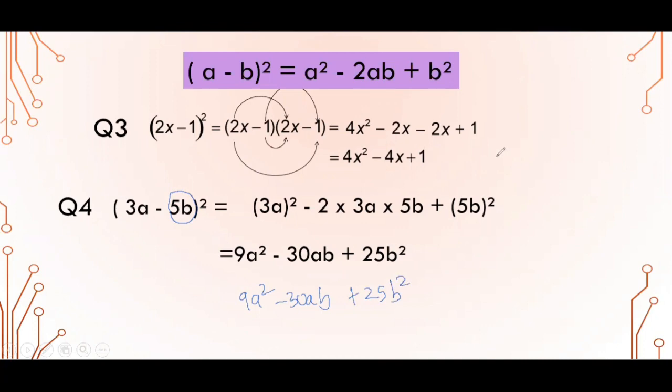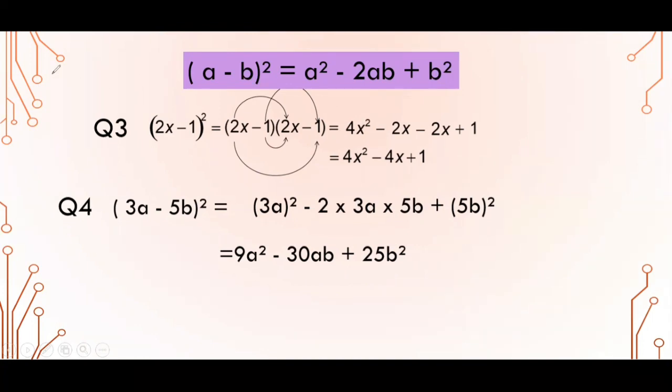Another question, let us take, for example, m minus 2n the whole square. Just if you know this identity, it becomes so easy to do. a square means m square. Minus 2ab means you are multiplying 2 to this first and second, a and b. 2 into m into 2n. 2 twos are 4, so minus 4mn. And b square is going to be 2n square, which is plus 2 square is 4 and n square is n square. So orally you will be able to multiply the binomials if you know these identities. So do learn the identities. It makes your work much easier.